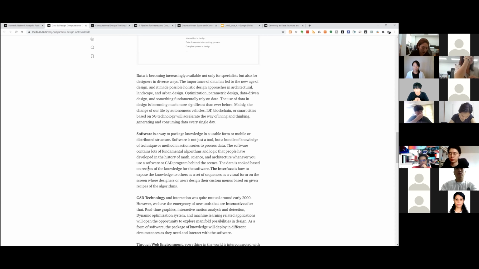I really like the term "standing on the shoulders of giants." I think throughout history, human beings built a lot of science and math, right? Usually in computational design, we are dealing with something to compute, like geometry or statistical insight. So software basically contains a lot of history, insight, and math equations that people already built. We take advantage of the existing insight or existing wisdom in order to resolve our design problem. I think this is the essence of software, I guess.